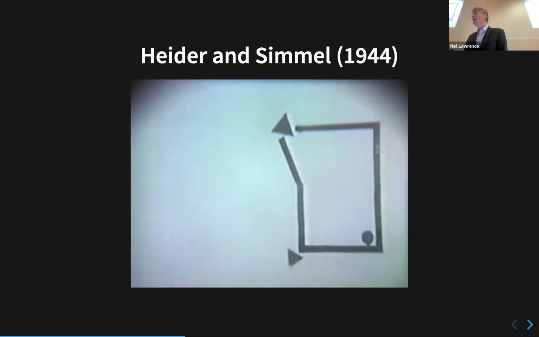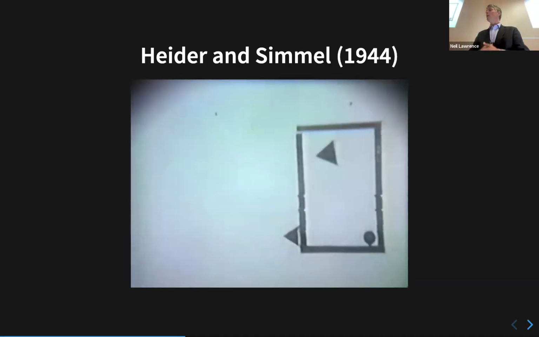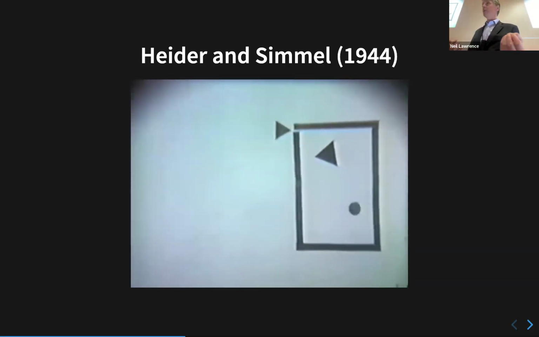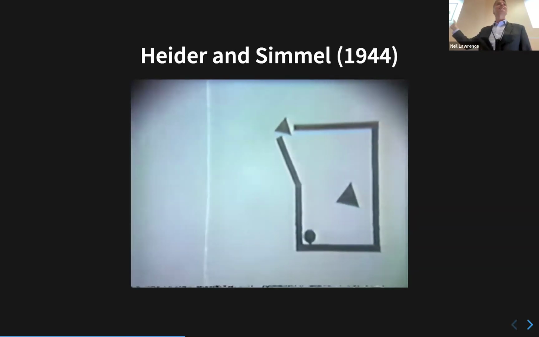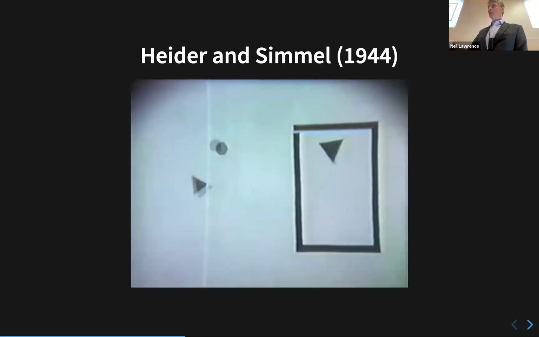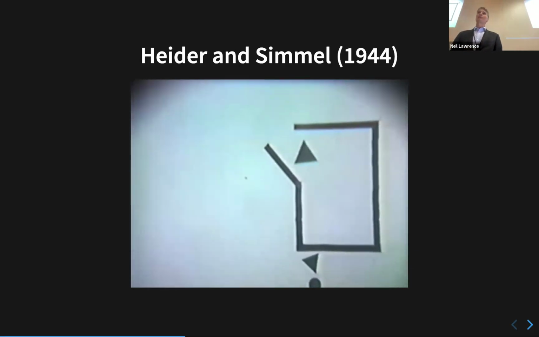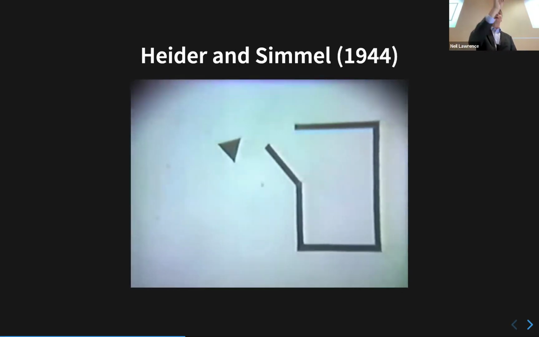And of course, what's going on there is the animator has in their mind something that they're trying to express, and they're trying to express it through this channel of these interacting objects. But one of the things that's interesting that Heider then goes on to talk about in his interpersonal communication book is that in order to have that interaction with something, these entities have to be psychologically represented in your mind. Now, this is a loose concept. We don't know exactly what that looks like. But the notion of psychological representation becomes important when we're thinking about communication. If I'm going to communicate with something, I need to psychologically represent it.